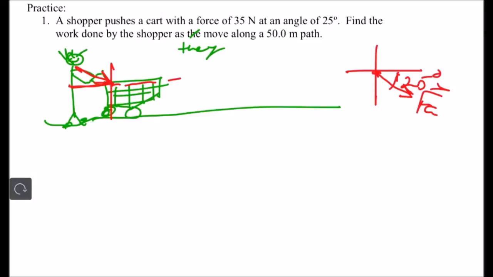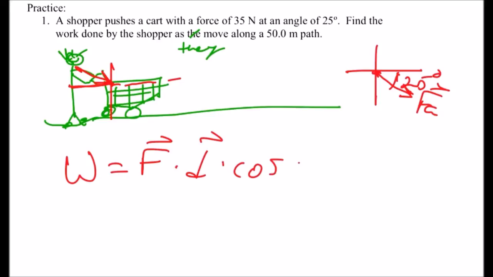It wants to know the work done by the shopper. So the force that we're talking about here is what? What force? The applied force by the shopper, right? So I'm going to say work is equal to force times displacement times the cosine of theta. So that's going to be my 35 newtons times, what is the displacement of the shopping cart? 50 meters